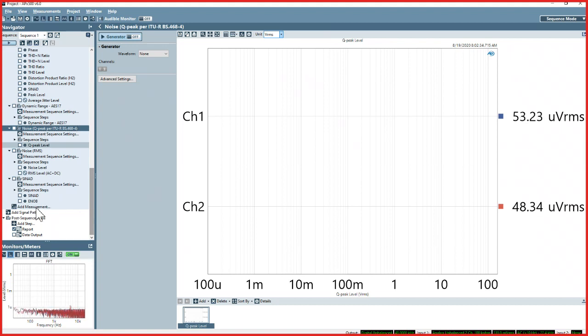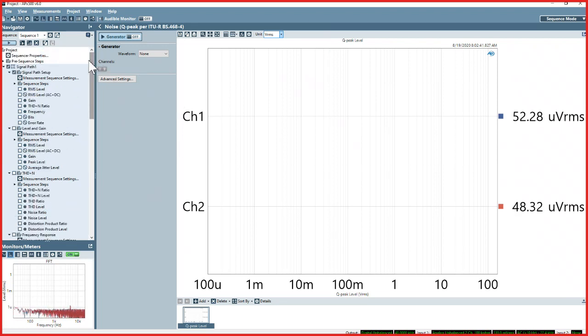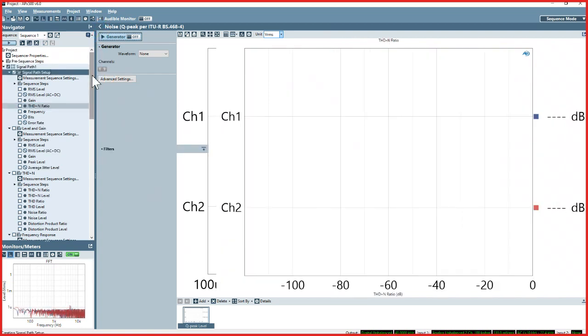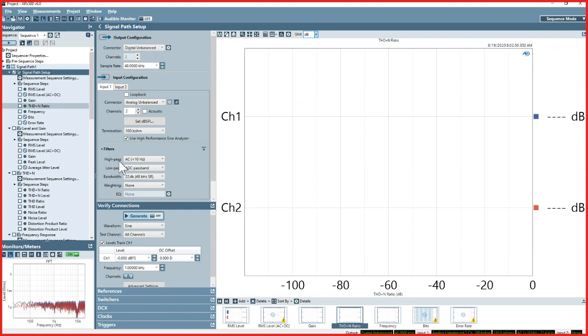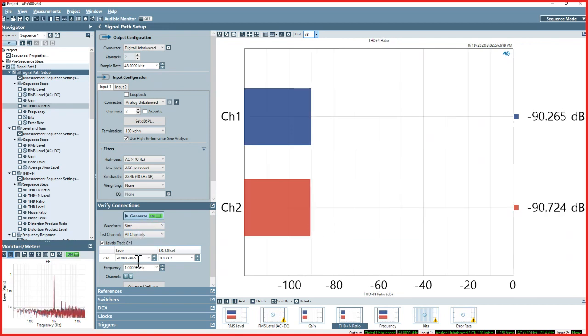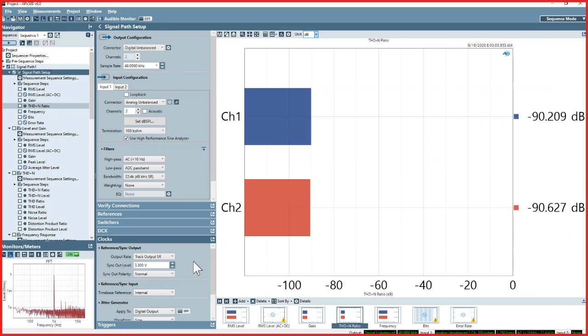So just respecting our time, I think I'll just jump quickly to jitter for a moment. So I'll go back to signal path setup. So let's turn our signal generator on. Okay, so if I go to the clocks